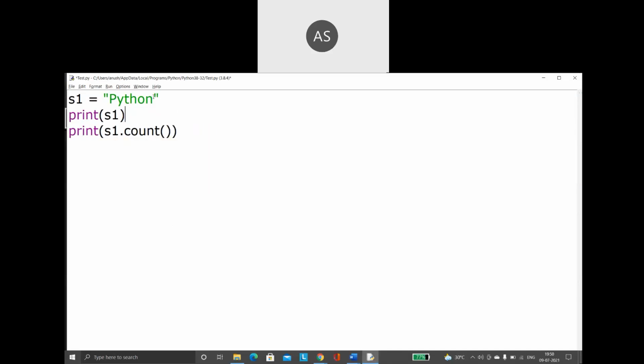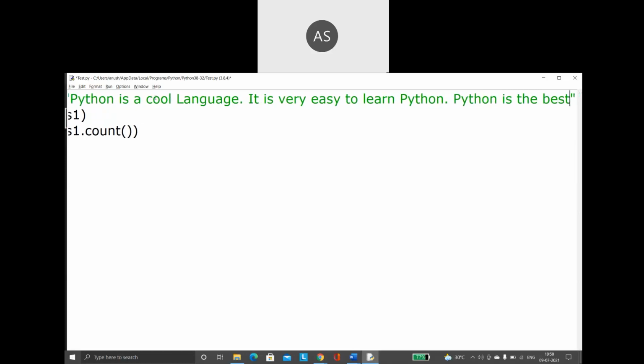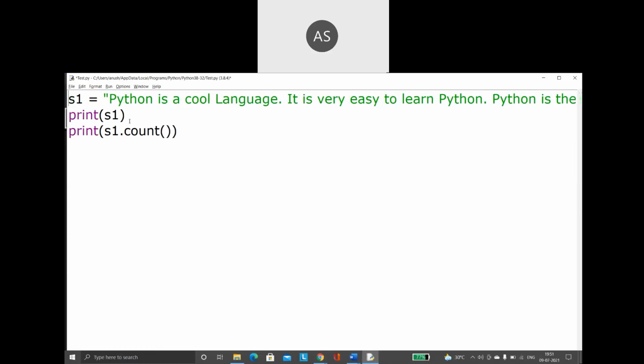Say for example, here I am saying Python is a cool language. It is very easy to learn Python. Python is the best. So this is my string. My string consists of one big sentence. The sentence says that Python is cool, it's very easy to learn Python and Python is the best.